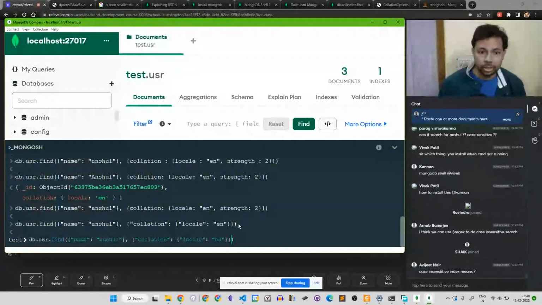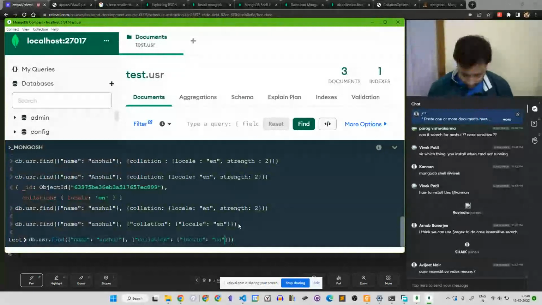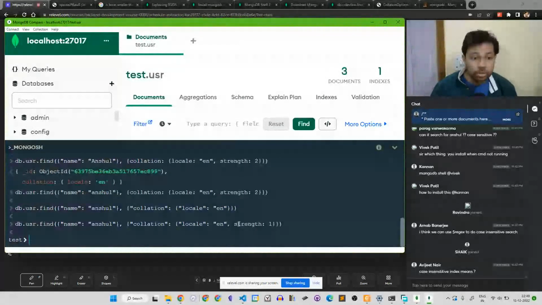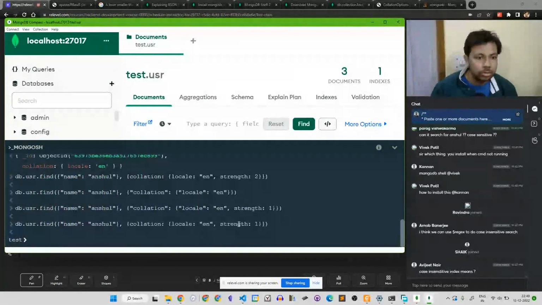So I'll just come here and write strength, strength to be one. From this, remove this and this and this and this. No, not finding.